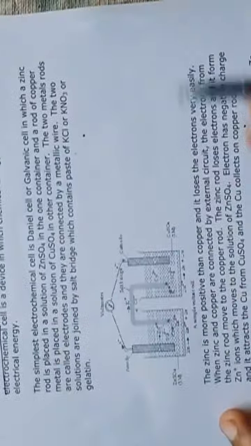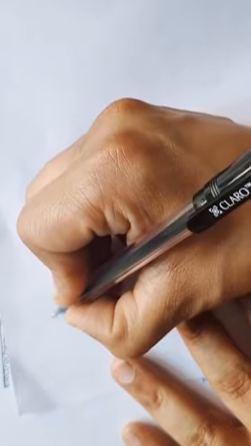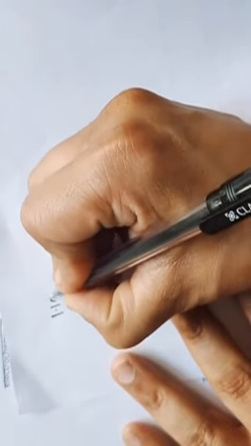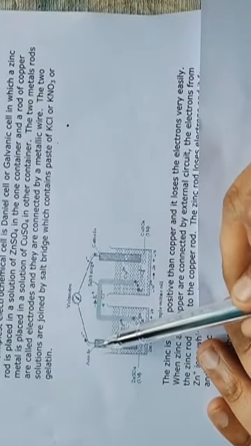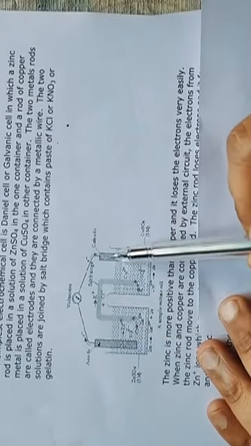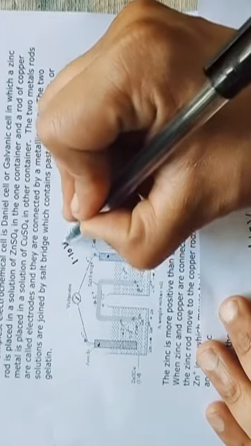Now this is the electrochemical cell, and all the things which I discussed are given here. Now you should know this electrochemical cell, its potential is 1.10 volt, which means it provides current at a voltage of 1.10 volt. It means electrons are moving from the anode to cathode with a potential of 1.10 volt.